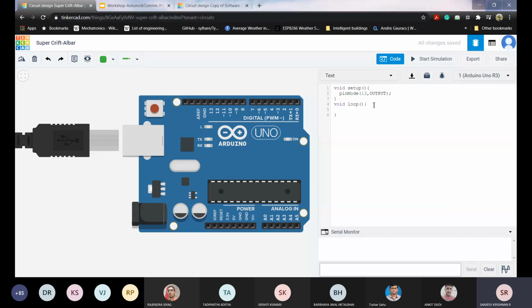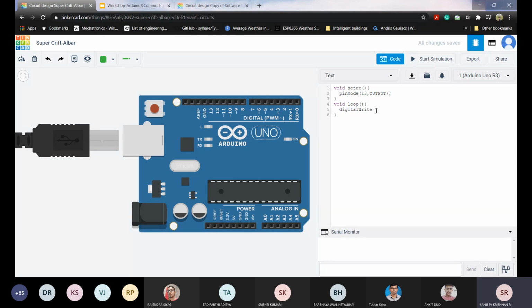So the first thing is digitalWrite. DigitalWrite means we are going to give digital output. What is digital output, what is digital input, all these things I'll teach you properly soon.